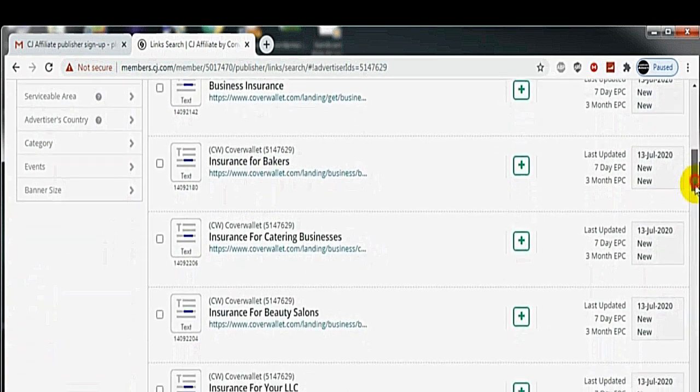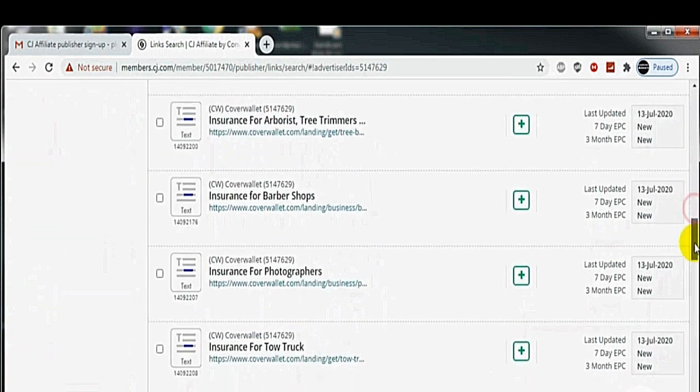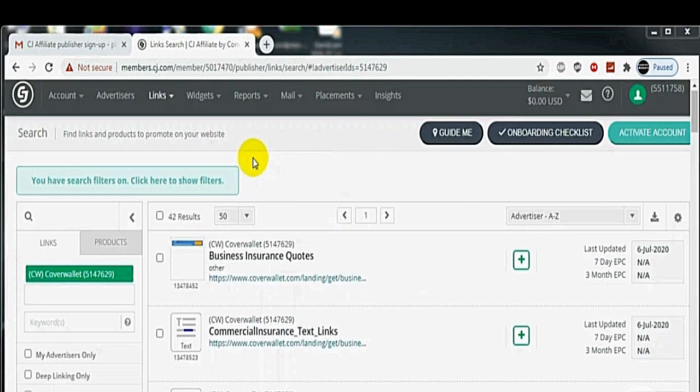Similarly, you can get all the advertisement material from here. And this is how you can work as an affiliate and promote the products of your applied advertisers. And if somebody purchases the product, then your commission will be displayed over here.